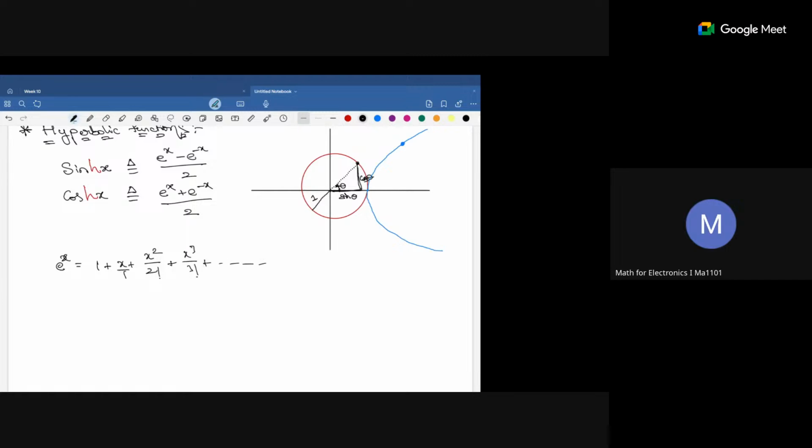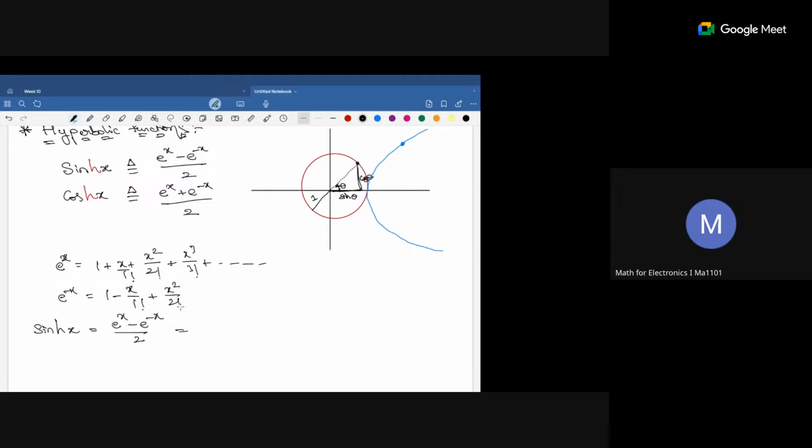Then we can write sine hx, which is e power x minus e power minus x by 2, in power series form. For e power minus x, instead of x you just have to write minus x. So then we will have 1 minus x by 1 factorial plus